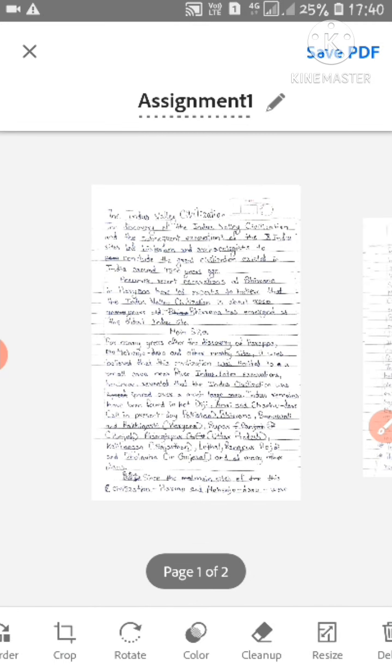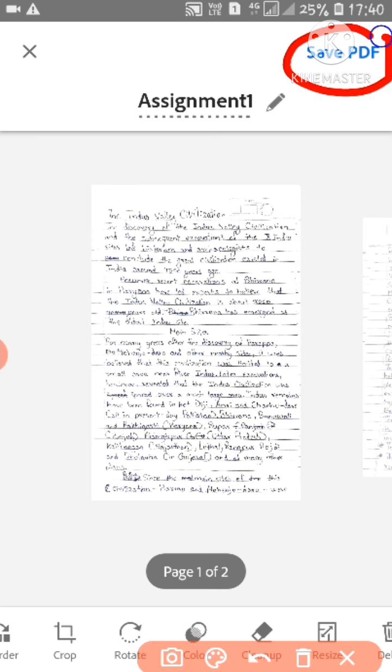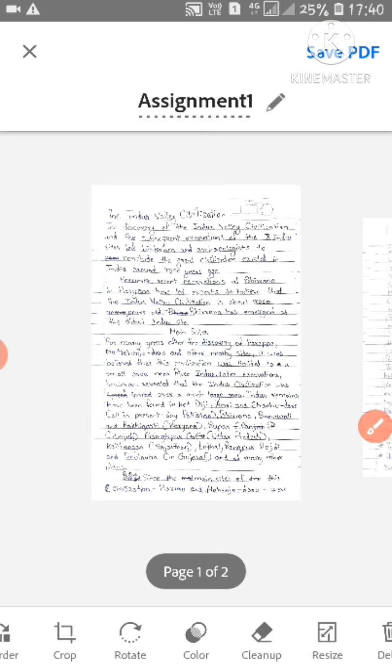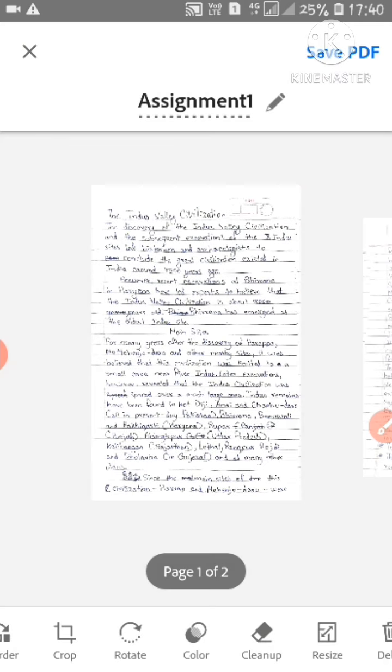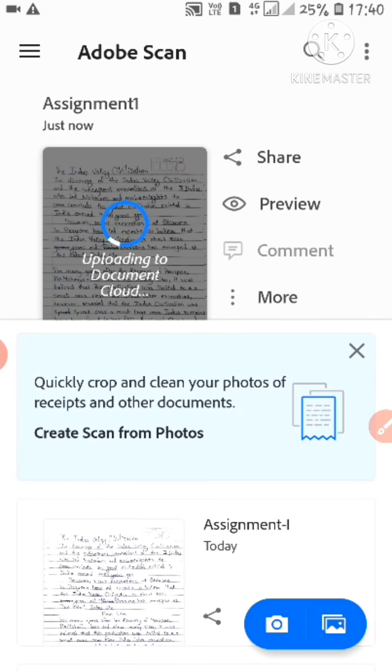So my file is renamed as assignment 1. Now as you have the option save PDF, click this option save PDF. My file is now saving in PDF format. Yes, now my file is saved.